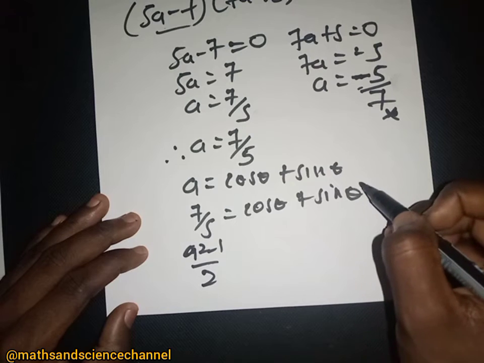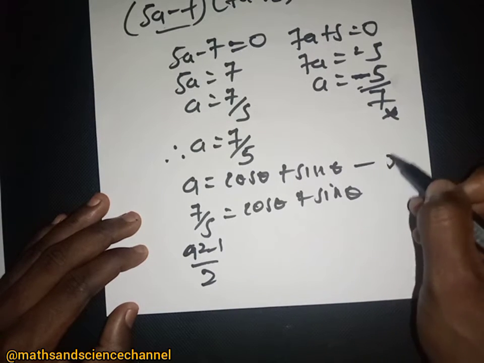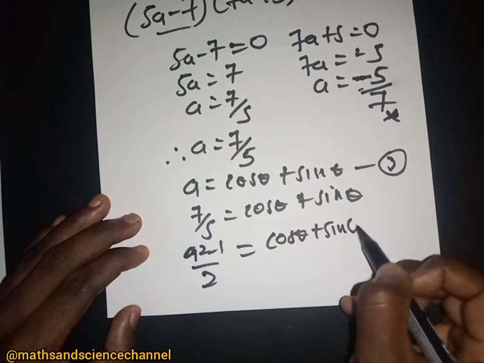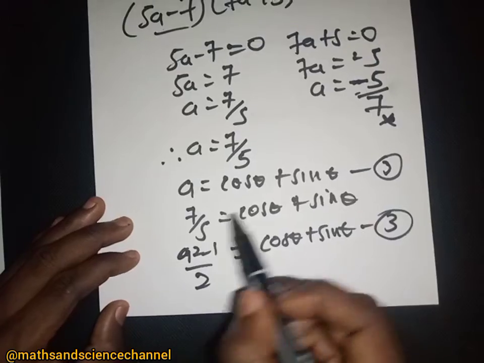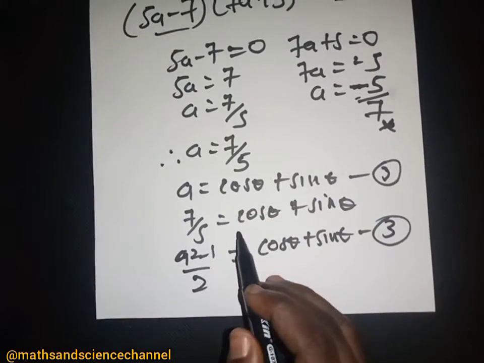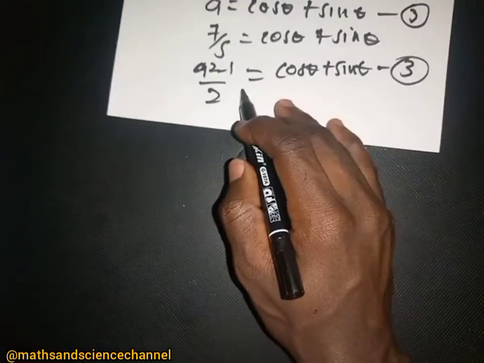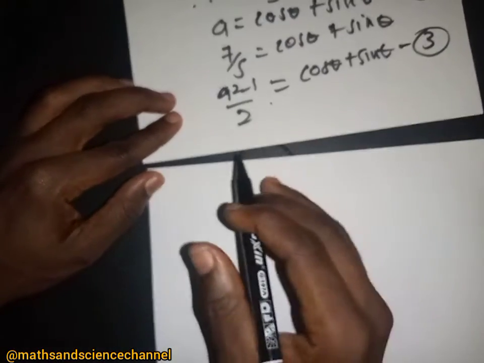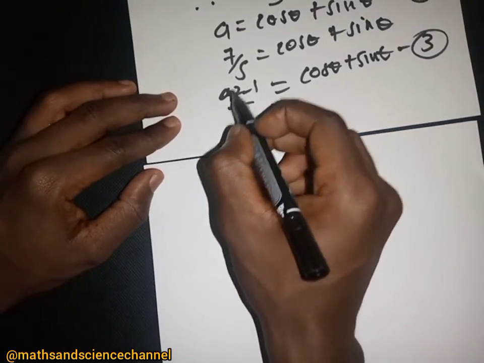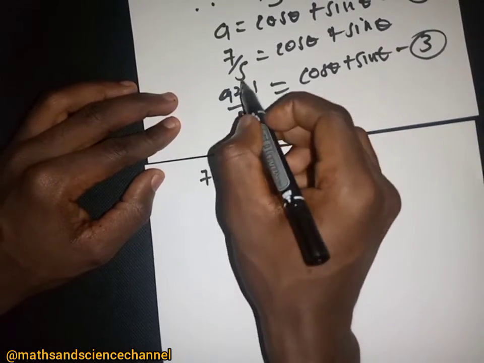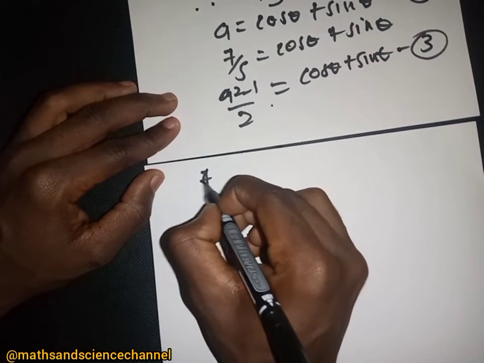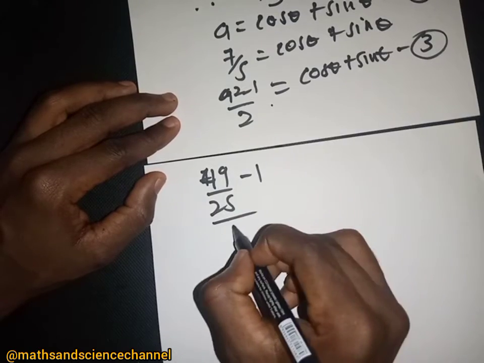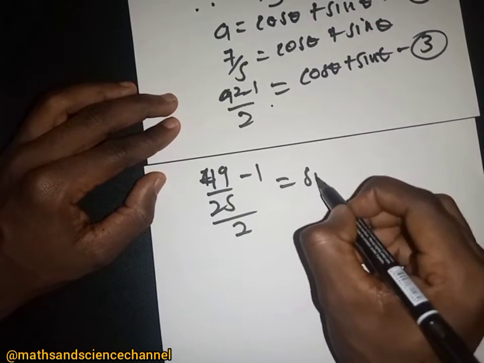This is equation 3 that we did over here, so we have cos theta plus sin theta. This is just equation 3, right? We are just substituting the value of a into that. So from here, what is a? It is 7 over 5, so 7 over 5 squared is going to give us 49 divided by 25, minus 1 divided by 2, equal to sin theta